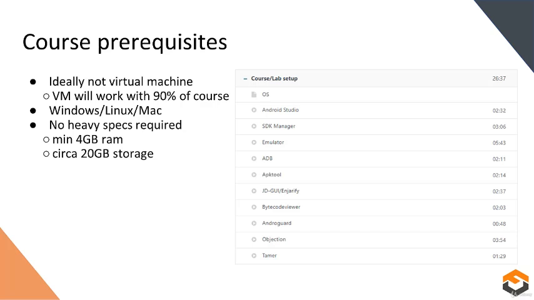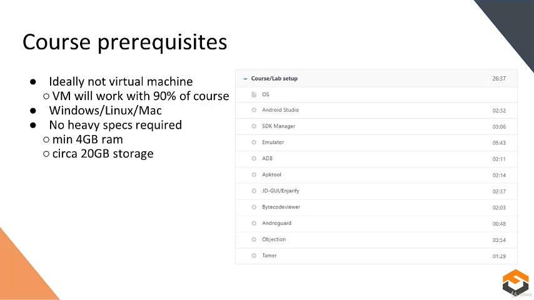In some instances, however, you may encounter issues, particularly when using an Android emulator. If you run an emulator on a VM, it either won't work, or if it will work, it will be extremely slow. If you have no other option but to work on a VM, do not worry. You will still be able to cover most of the course. Just keep in mind, especially when using an emulator, that if something does not work, it is probably due to VM emulator issues. That being said, the parts involving emulators are minimal, and you can always follow the videos to see the tools in action.